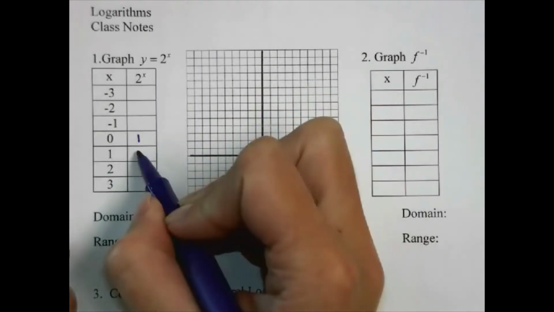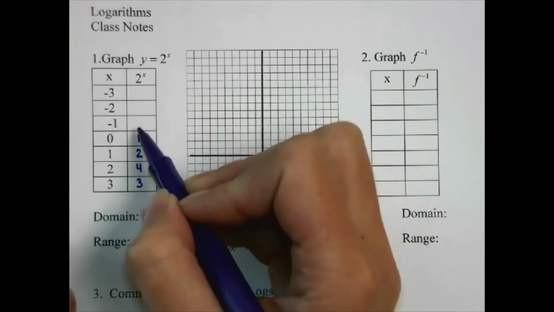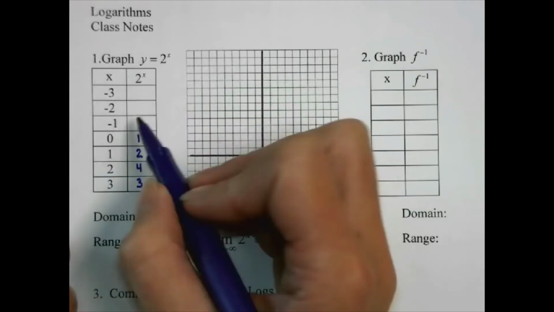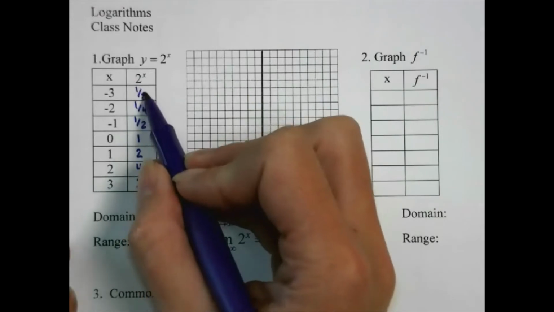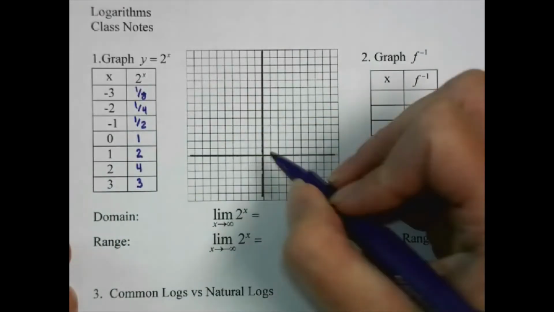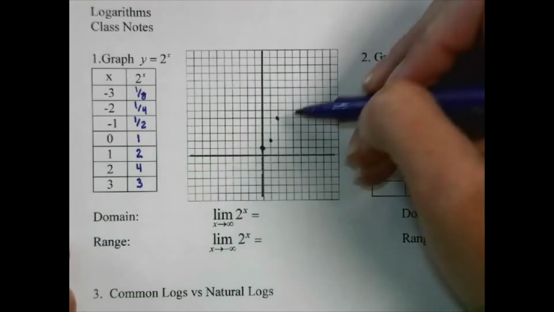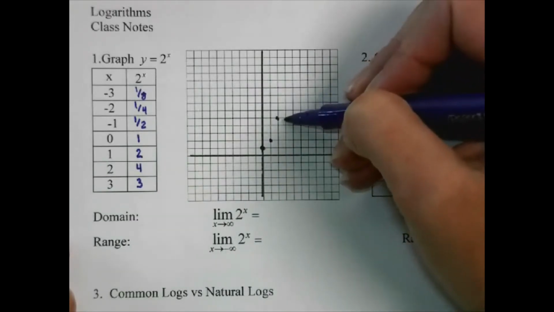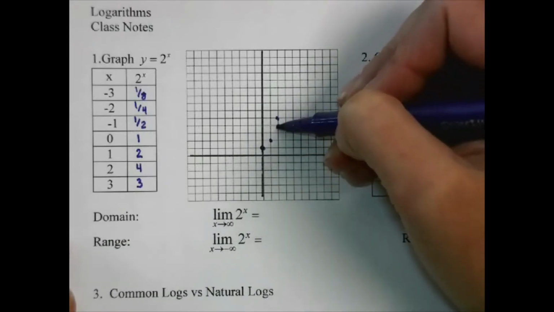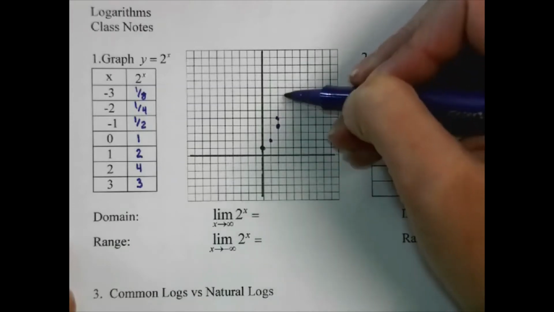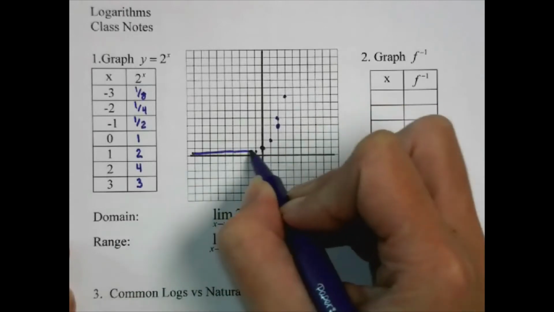2 to the 0 is 1, 2 to the 1 is 2, 2 squared is 4, 2 cubed is 8. 2 to the negative 1 would be 1/2, then 1/4, 1/8. So we graph this: 0, 1; 1, 2; 2, 4; 3, 8. And then backtrack, it just gets closer